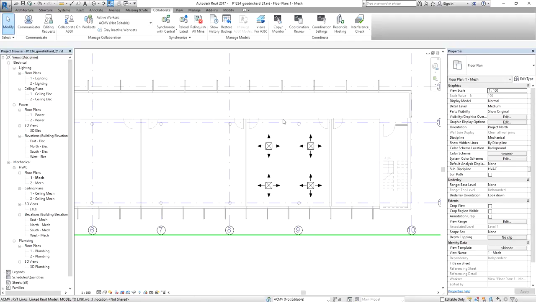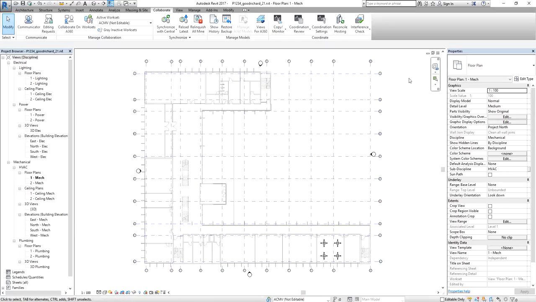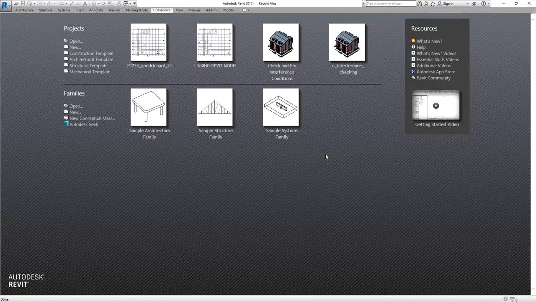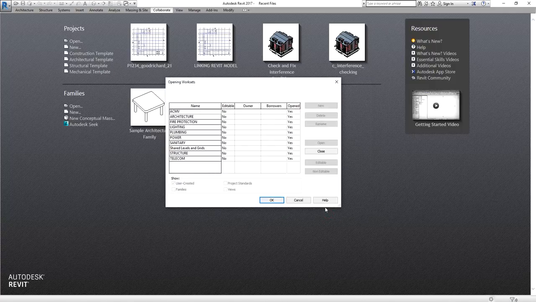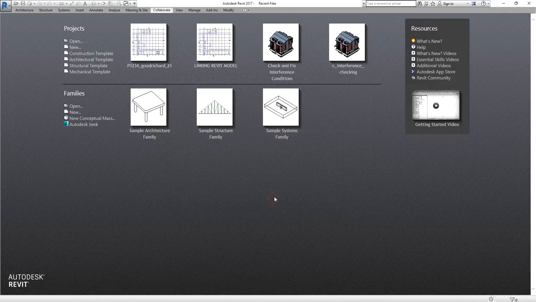So if you are going to open the central file, so let's say I'm now going to close my local file. I am the BIM modeler. Okay, now I'm going to be the BIM manager again. So I'm going to open the central file. So this is the server. I'm going to select this. I'm going to uncheck this to open the central file. So you will notice, you see it's already updated. So the central file is already updated. So I'll just select OK.